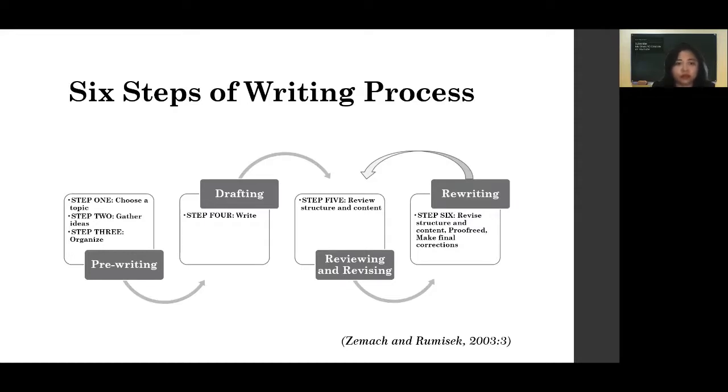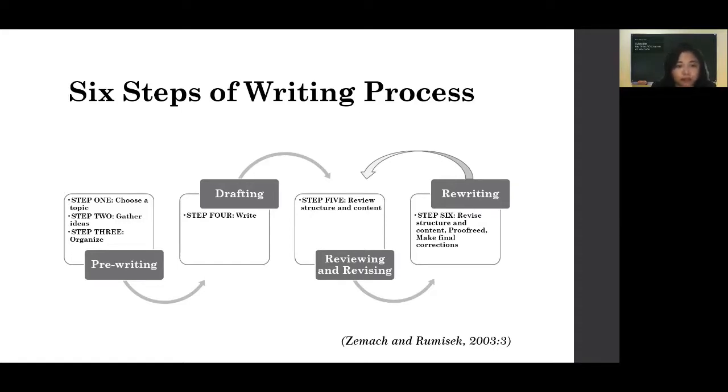The first is pre-writing, and then drafting. The third is reviewing and revising, and the last is rewriting. These 4 big steps are divided into 6 more detailed steps that make your writing become good writing.